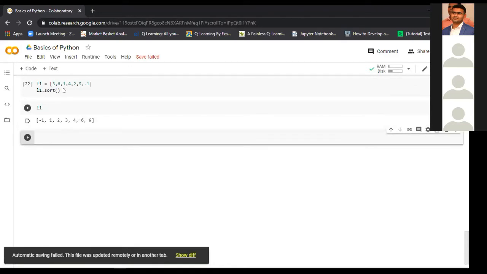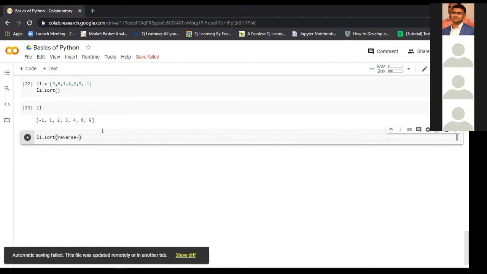Yes. So you can see that all the numbers in the list are now in ascending order, starting from -1 to 9. All the numbers are sorted. What if you want to sort the elements in descending order? You can pass reverse as the keyword here.